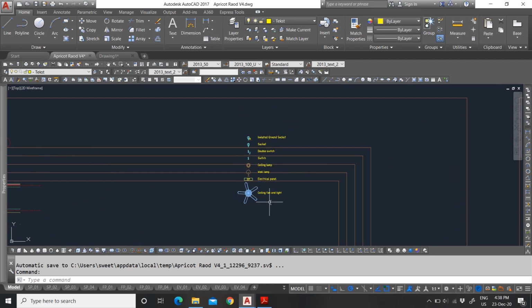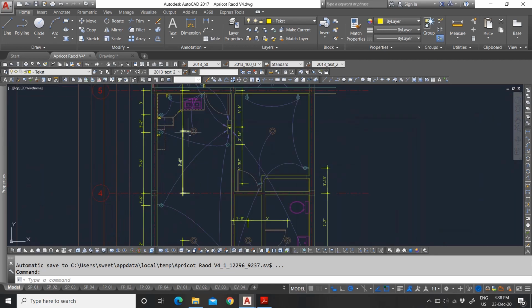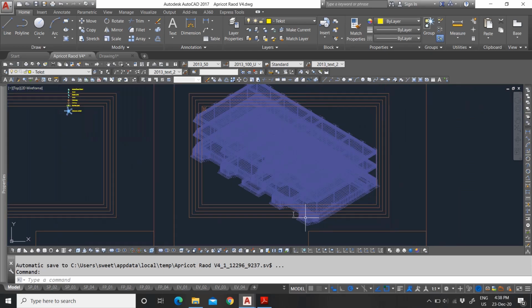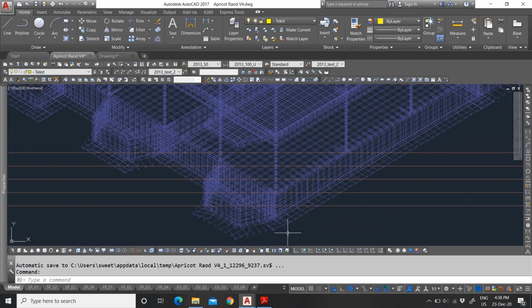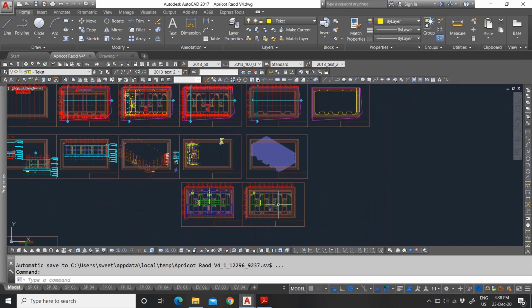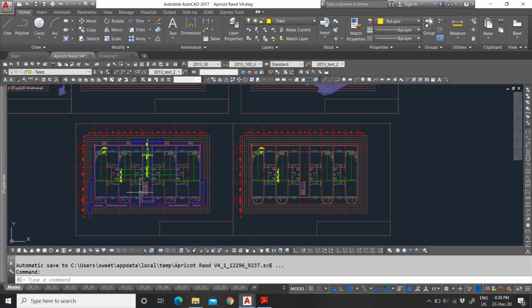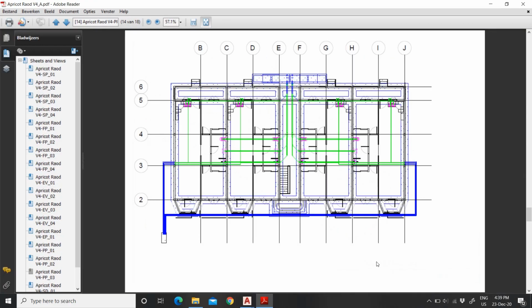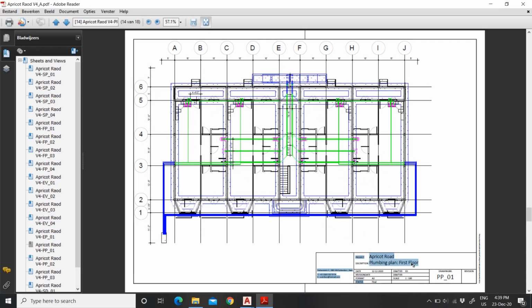But then you have your information for what the different things mean. This is my rebar 3D drawing. It is not really necessary, but I found it cool, so I just added it to my sheet. And you have your plumbing,